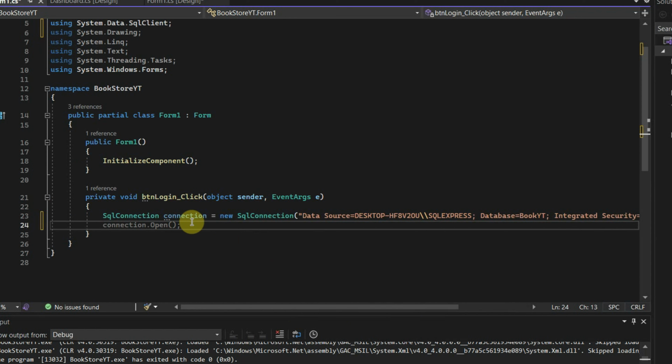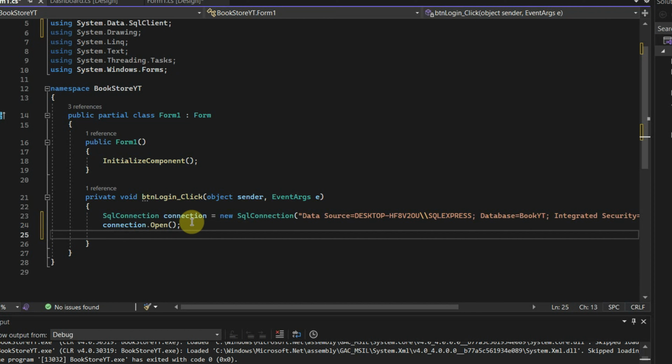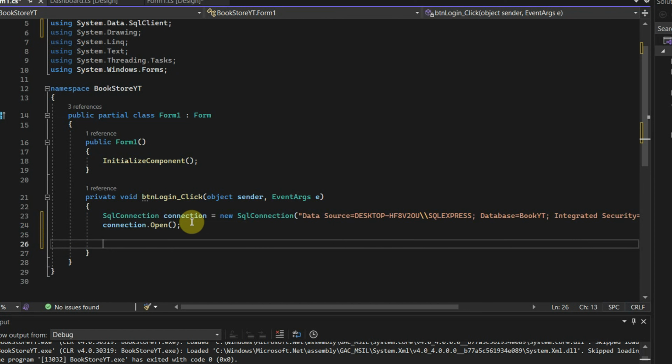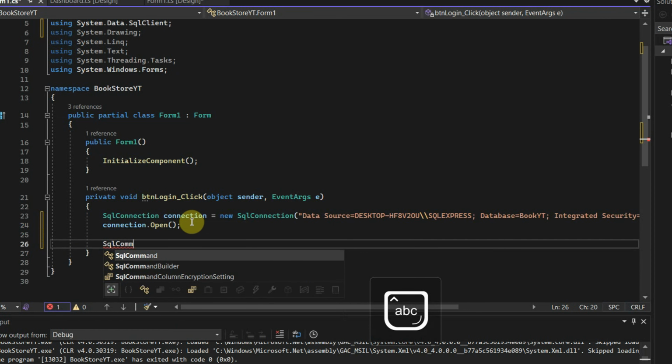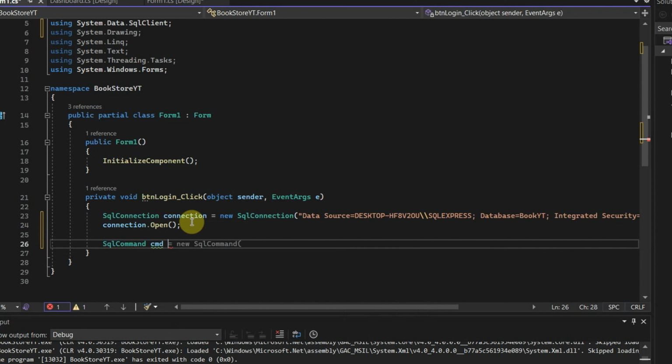Connection open. And as you can see, in the latest version of Visual Studio, IntelliSense is helping us. SqlCommand cmd is equal to new command. And this is our SQL command. We are telling what we want to do. Select from, never mind, it can be with capital letters or even non-capital, it doesn't matter. From users, our table name is called users,